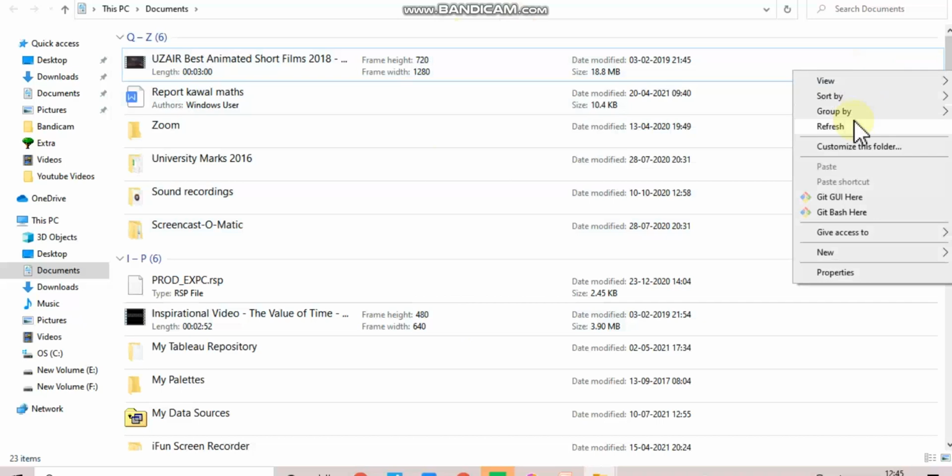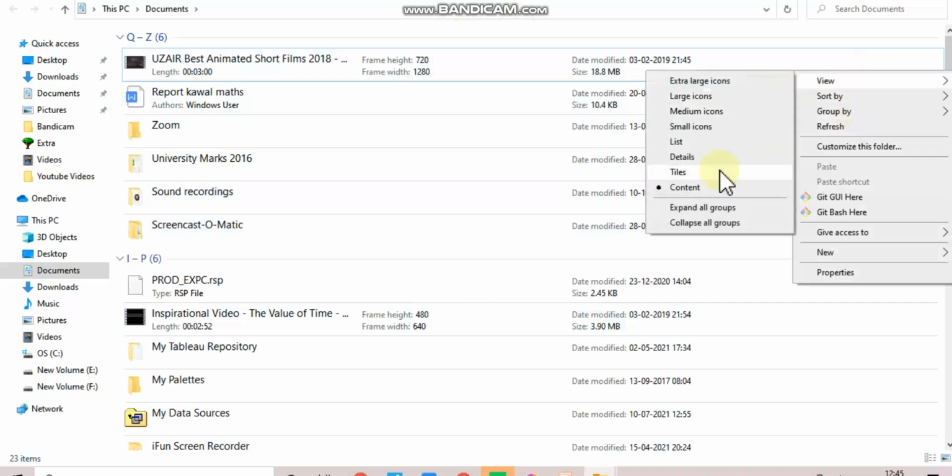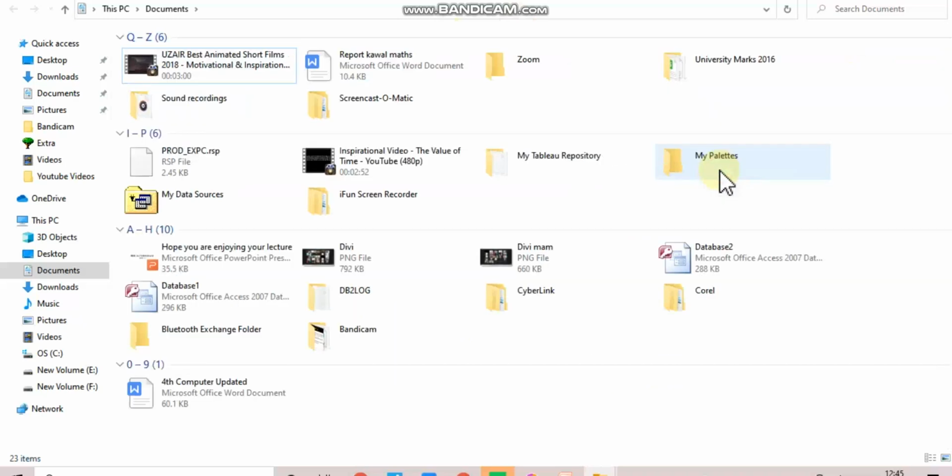Switching on the next view, that is your tiles view. So this is your tiles view. Can you see? All icons are arranged, no detail information, there is no information. Once you go there, then you get that information, or you go to properties, right? So there is no detail information, only the view will be there as tiles.